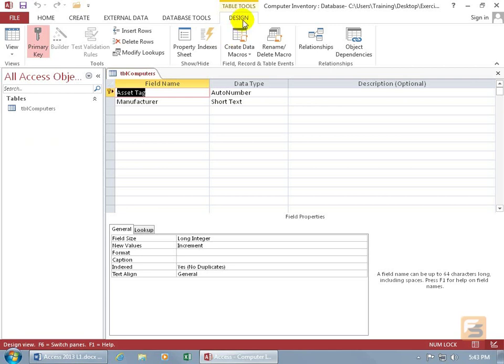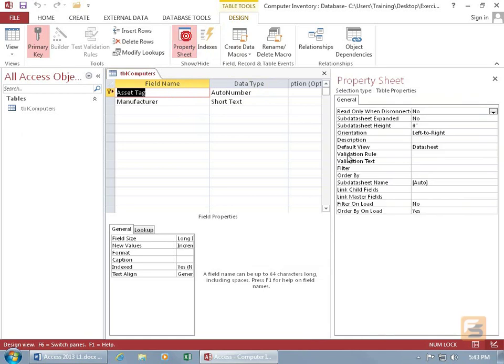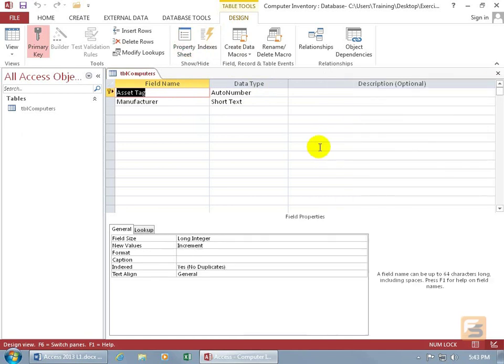So depending upon what objects you're working on and which view, the Design view or the Datasheet view as far as the tables go, you're going to get different tabs that offer commands that are available for you to work in that view. Now over to the right hand side, let me come up here and click on Properties Sheet. If you see that, go ahead and close out of it because we won't be working on it in this video. And you can see up here, we've got the field name, the type of data that can be entered